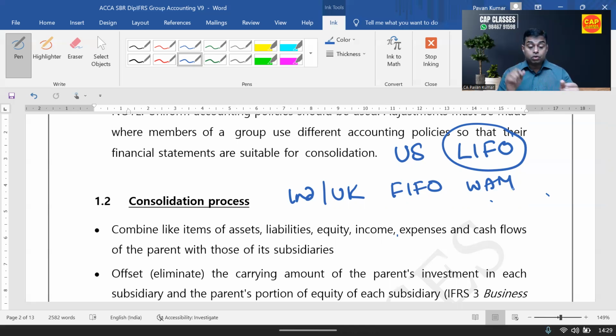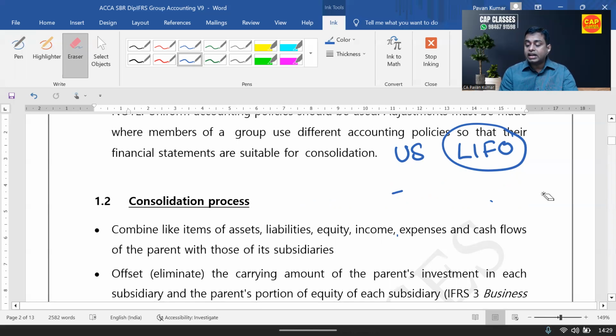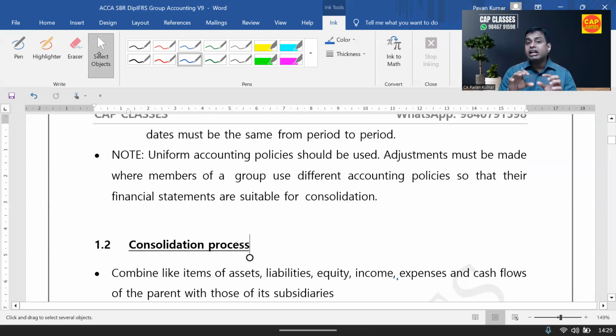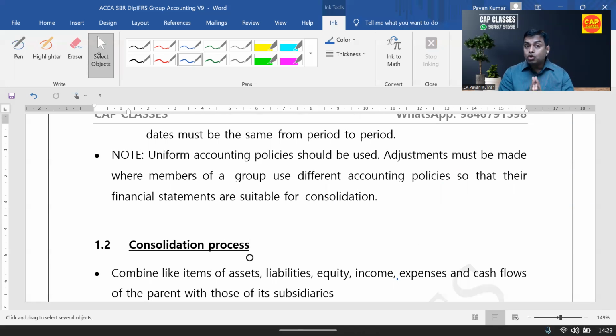They're not comparable. So the standard says, Accounting Standard 10 says, if the accounting policies are different, my dear accountant, please ensure that you follow the same accounting policy. Now the question is, Pavan sir, what if the accounting framework or the